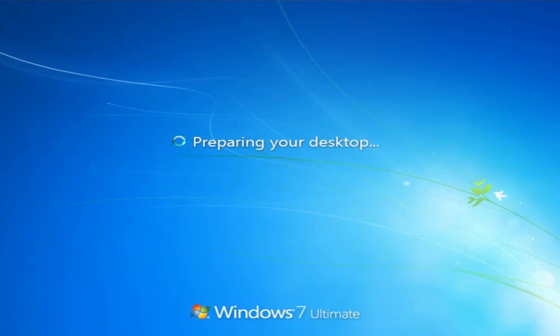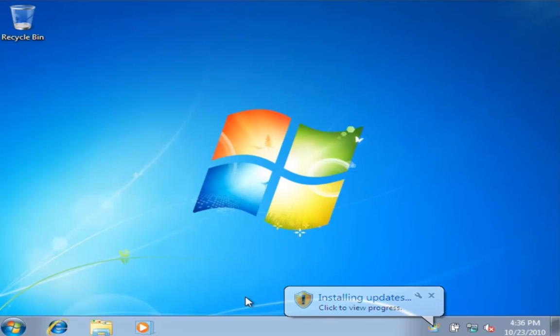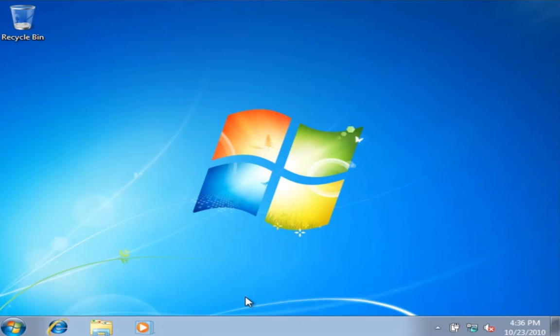Configuring my desktop for the first time. It only does this the first time you boot, not every time, because that would be a pain in the ass. And here we are, the first time you see your desktop. Now you might notice some changes